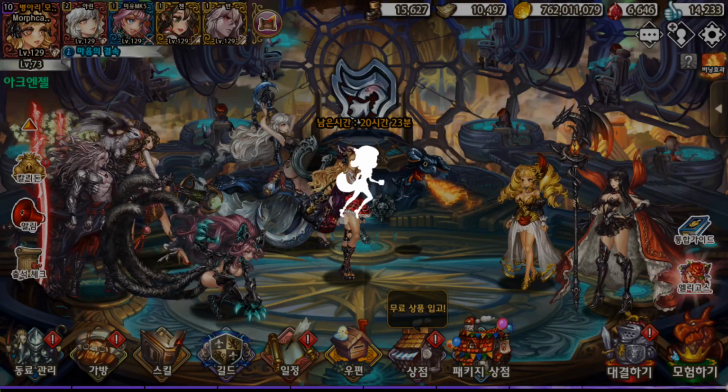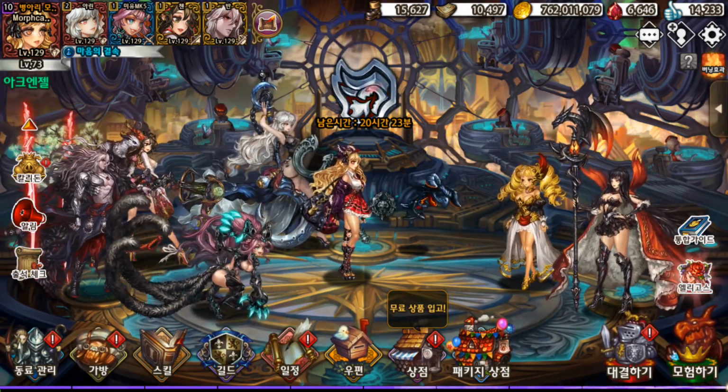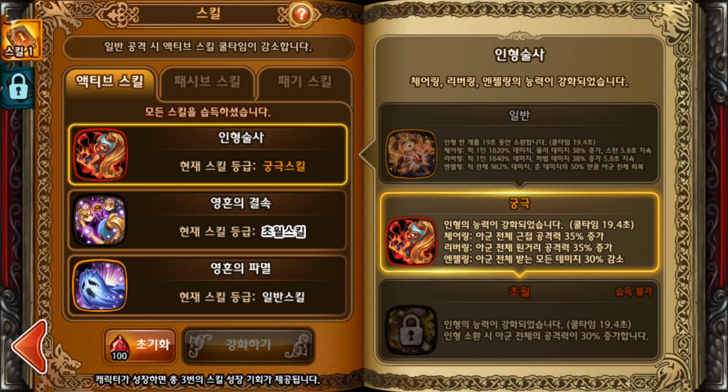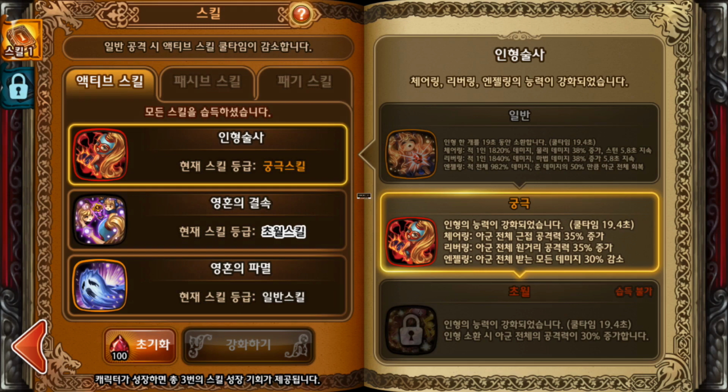So let me get off of this screen and talk about the other things that I didn't mention but you may want to do. But this isn't really important, this is optional once again. But let's say that you don't want to make a lot of characters. So instead of making a bunch of characters, you could unlock another skill tree. However, this is going to cost a lot more than making another free character. As you can see, it's going to cost 450 rubies just to unlock another skill tree. So you can just build a different...